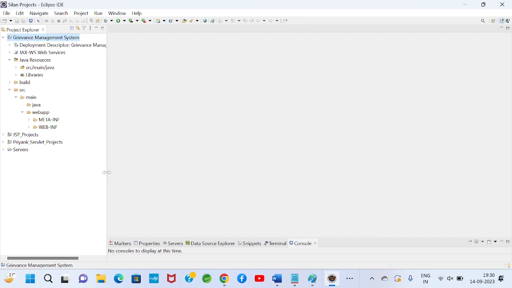Here an external jar file we have to bring, because some process files we will develop, and in those process files we will write JDBC logic. For executing JDBC code, an external jar file we have to bring, since we are using MySQL as our database environment. So the MySQL connector is a jar file that I will bring. So right click on src main java,